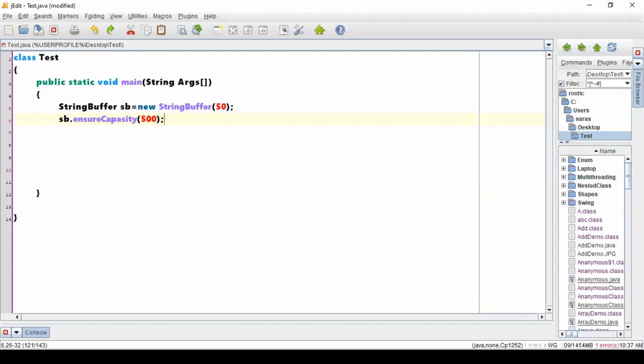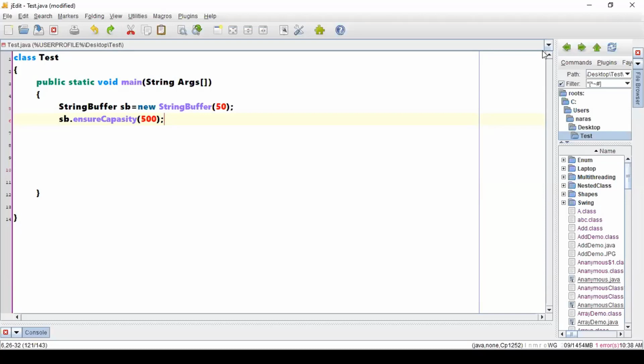Right? So extra space, that means ensureCapacity, is nothing but enlarging your string buffer. You are making your string buffer ready to have those many spaces, whatever you have specified. Is this differentiation clear? Understood why you require the ensureCapacity method? When you are creating a string buffer, you might have some perception about a program. After that perception, if you require extra space, then you need to go with ensureCapacity.